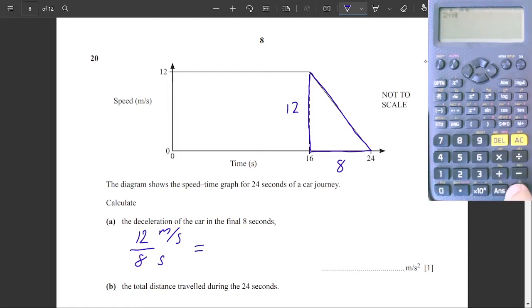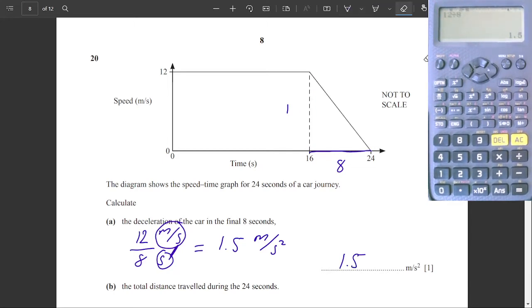So what would that give us? 12 divided by 8, not 2, 12 divided by 8, 1.5, and can you see that it's meters per second squared? Because we did meters per second divided by seconds. So just looking at the units, we can check if we're doing it right. Then